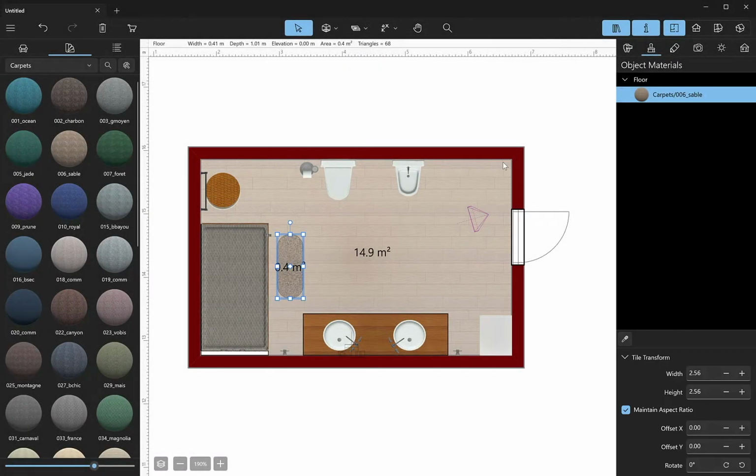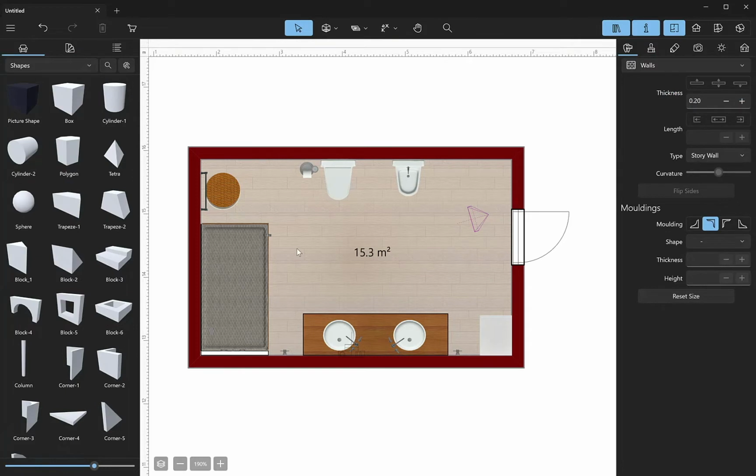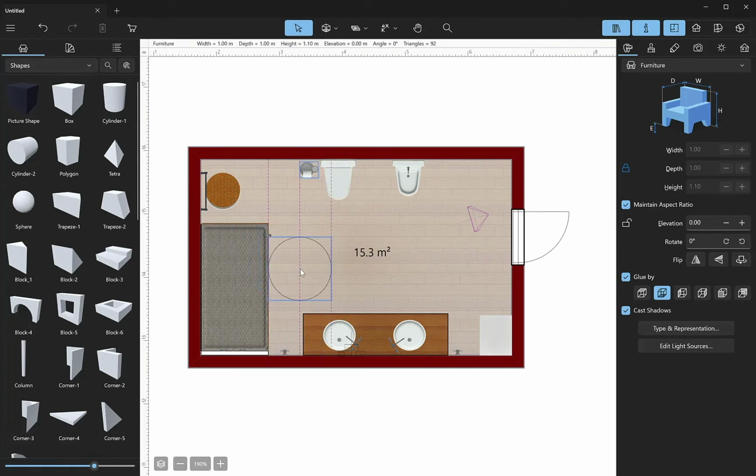3. Using shapes. Adding a rug using shapes is quite easy. Open the Object Library and choose the desired shape. For example, if you need to create a round rug, choose a cylinder shape. Next, put the rug into the necessary place onto the 2D plan.